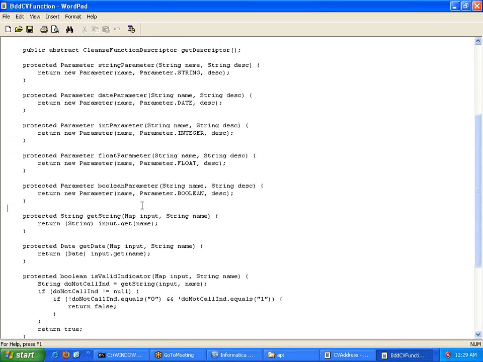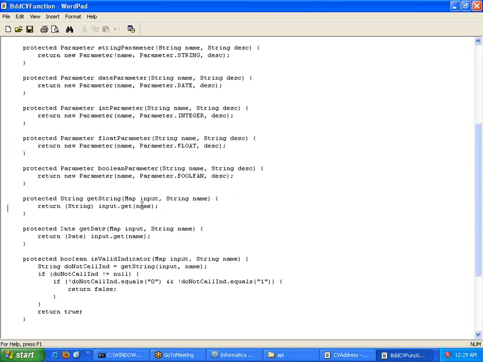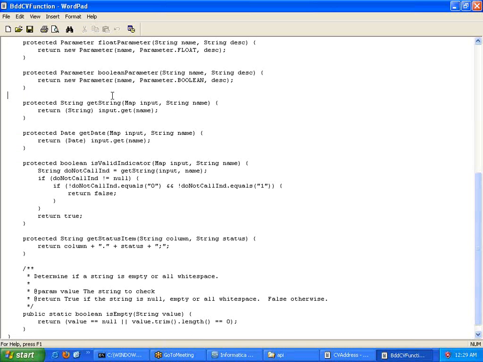Now the rest of the methods you could see here are user defined methods. If you want, we can build them, or else it is an optional thing, which means we don't need to build these common methods. If you want, we can build them, or else it is not required. Now let us look at one method.